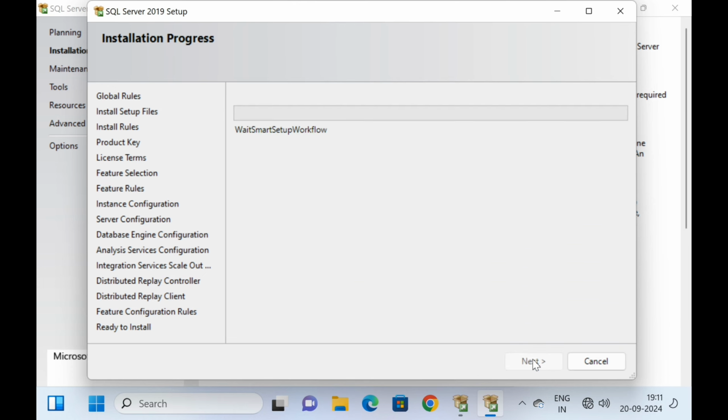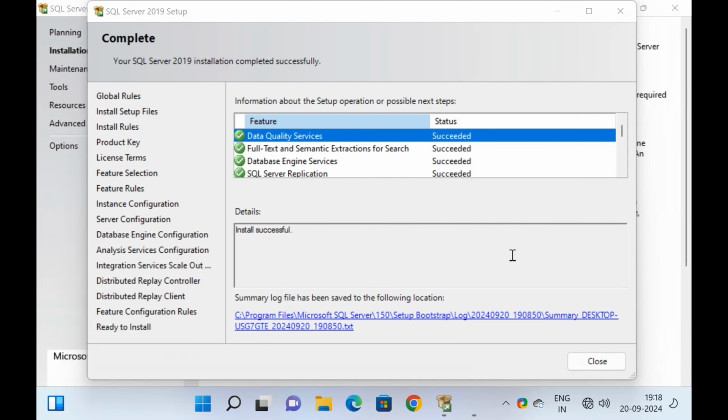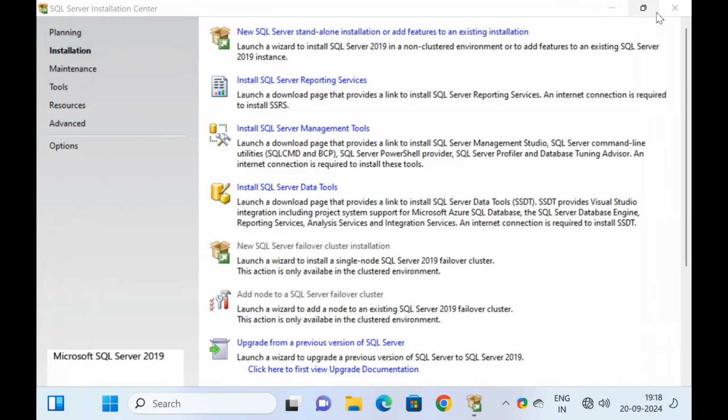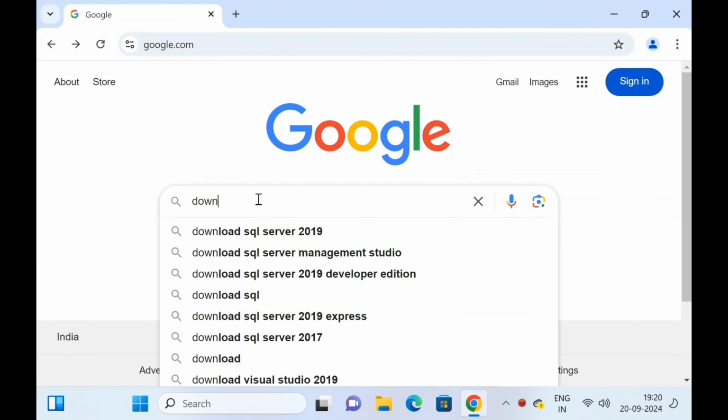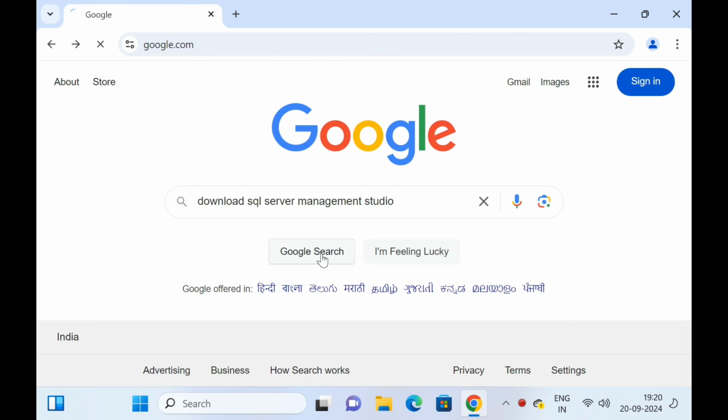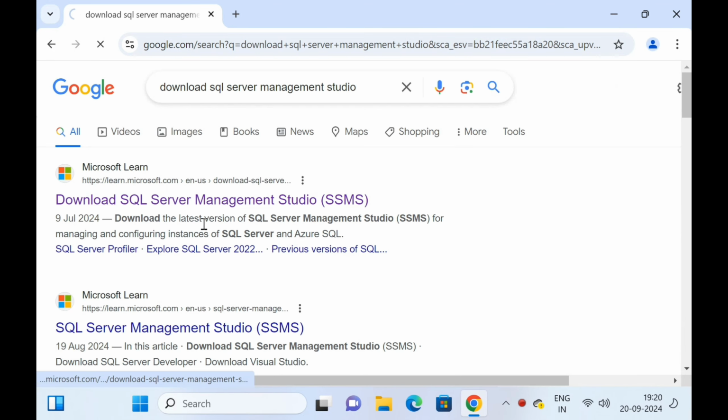Then click installation. Installation will take a lot of time. In this tutorial, I will skip all of that. So installation is completed, then click close. We need another installation, that is SQL Server Management Studio, SSMS. To do this, click on download SQL Server Management Studio, then click on the first website,